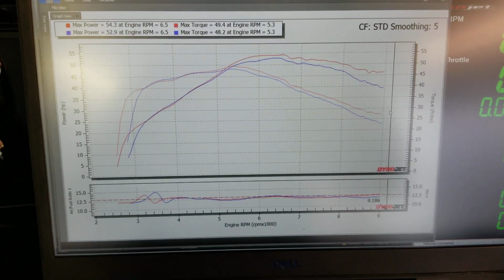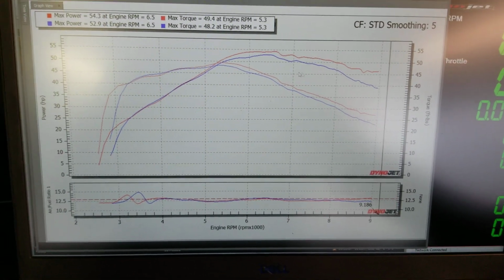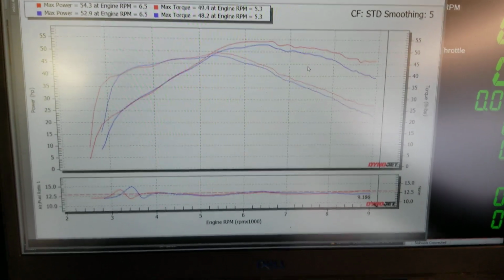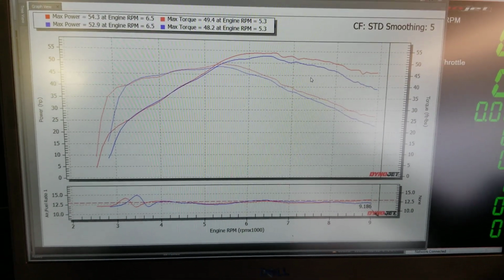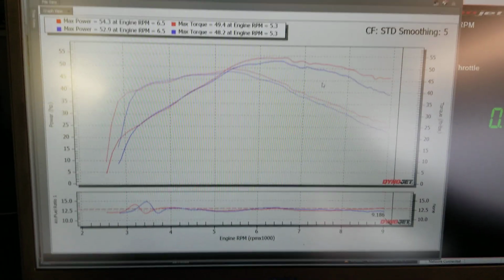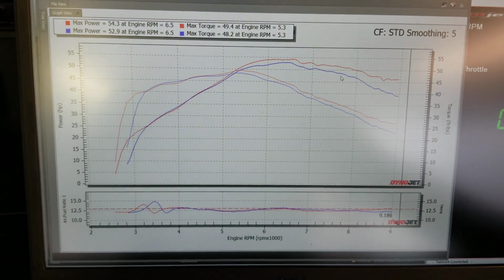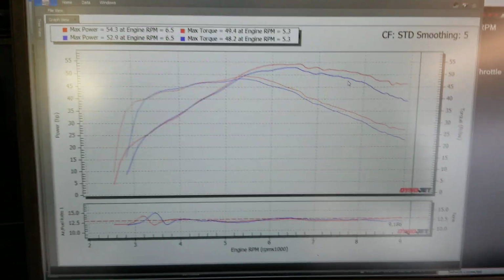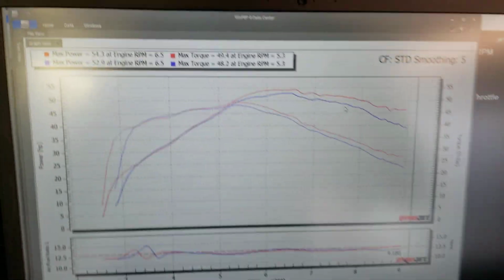All right, so full system versus slip-on. And this kind of goes for a few of the top brands here at this level, versus pretty much every slip-on versus the top three brands on full systems. So this bike only has an intake, a Fuel Customs intake, and a Power Commander, fuel and ignition control. We're mapping that as we go to get these results. So if you see here,